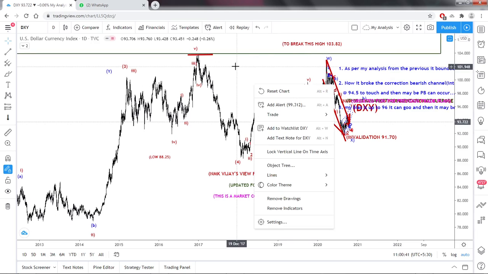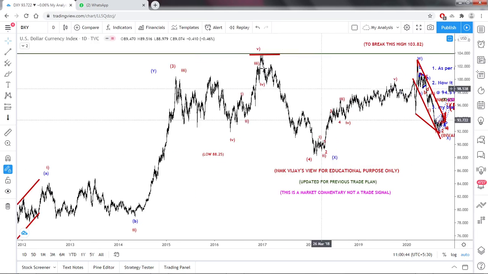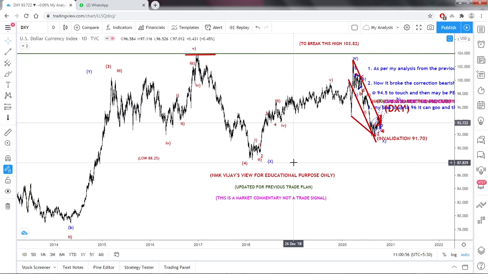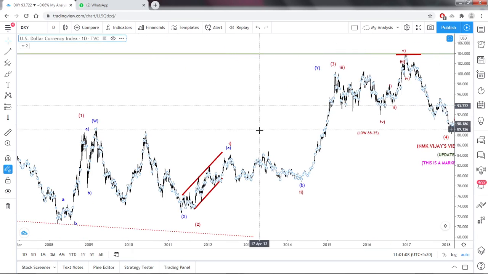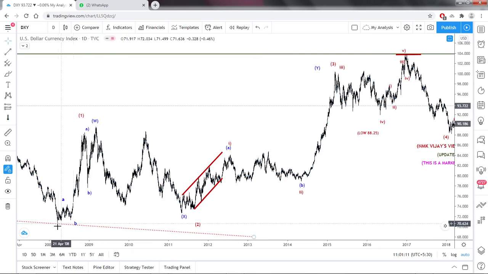One more thing I have to explain here. A lot of people took this as a 5-wave structure. That is fine. And after that, this is the new 5-wave impulse, and this is in the correction. It has to make one more 5 waves to the downside to break this 88.23. So everybody is looking for that only. But my view, which I have explained several times and will explain one more time here, is that this is an A, B, C, A, B, C, B, and C as a W, a continuation to the higher degrees. And this is one more 3-wave structure, the connecting wave for X. And this is also A, B, and C.